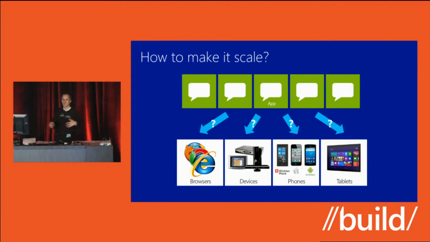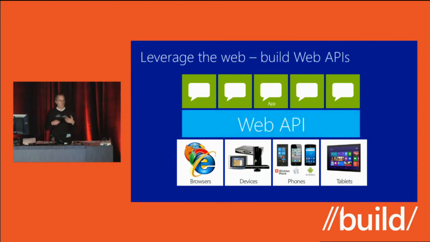Also, with all this opportunity to hit more clients and more users, scale is more important than ever before. With the rise of the cloud and cloud services like Azure, you have access to a highly scalable infrastructure, but in order to really take advantage of any scalable infrastructure, you still need a scalable architecture. So how can you do that? Well, using Web APIs can solve both of those problems.